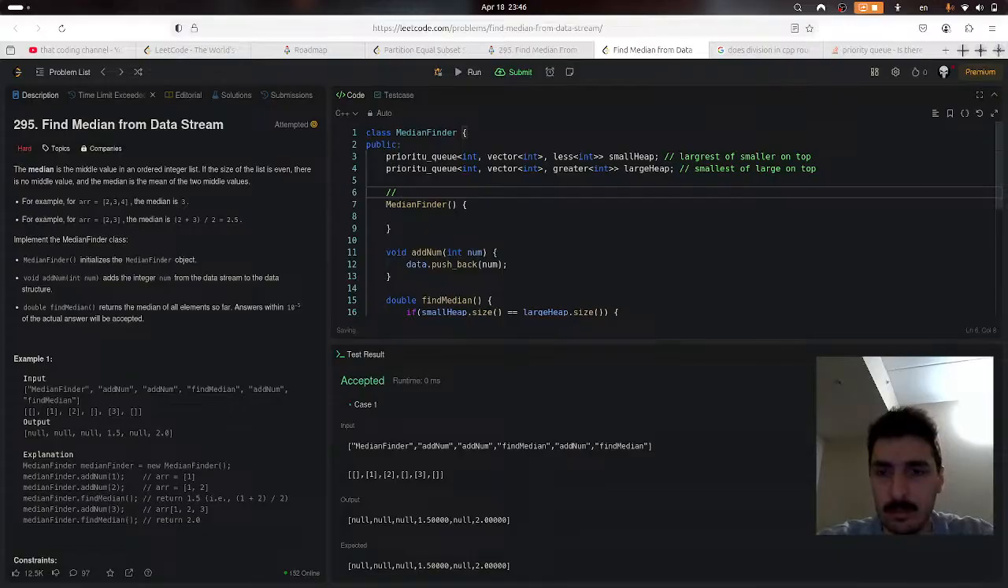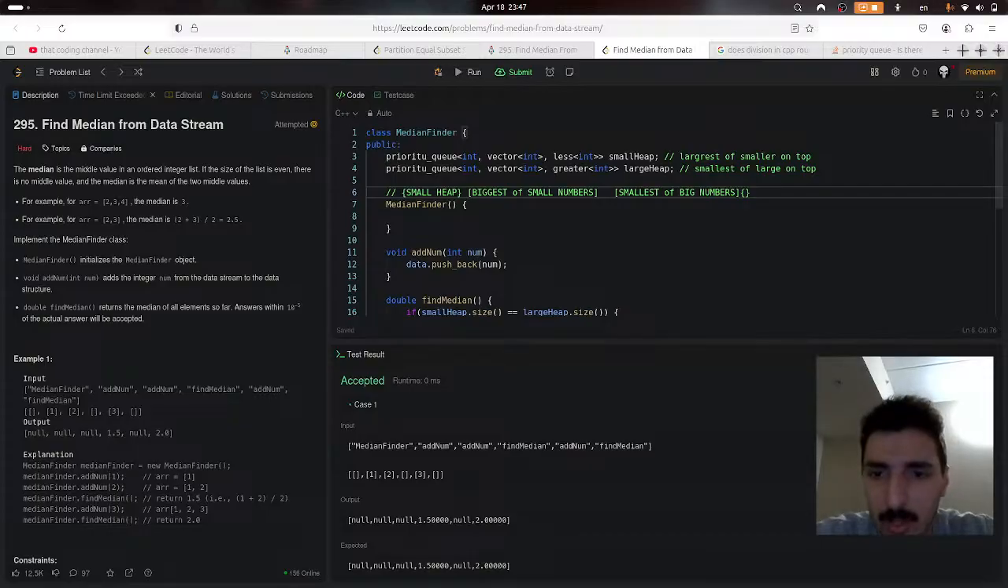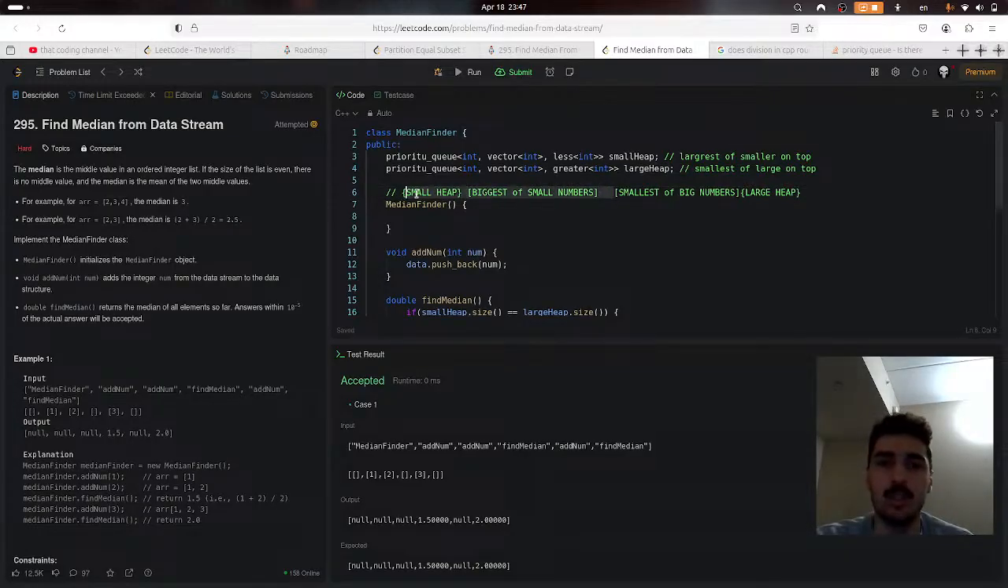We have a small heap, some numbers. And the biggest of small numbers. And then we have the smallest of big numbers. And then we have a large heap, or what is it called? Small heap, large heap. And then this is essentially sorted. This is not sorted, but